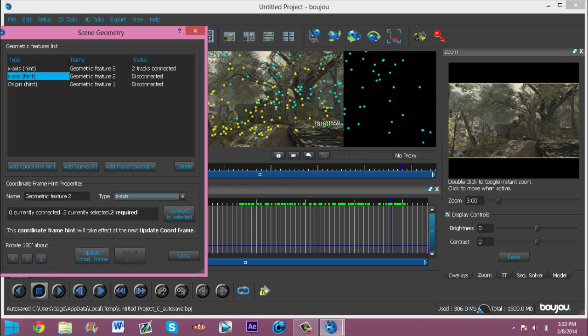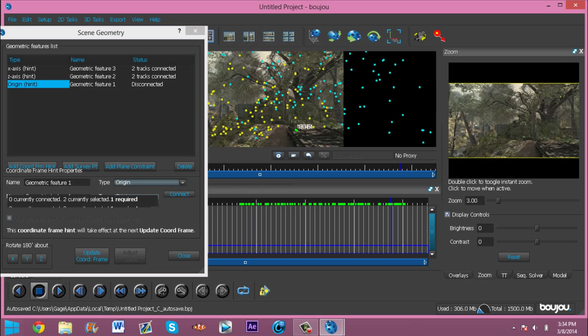So now you want 2 that are straight on the z plane. You don't want this point and this point because that's diagonal. You want like this point. Well, no, you'll probably want these 2 points because they're pretty straight away from each other. This point and this point aren't evenly surfaced on the ground because that one's on a hill. So we're going to go here, click this, control click that one, connect to selected, and then the origin,